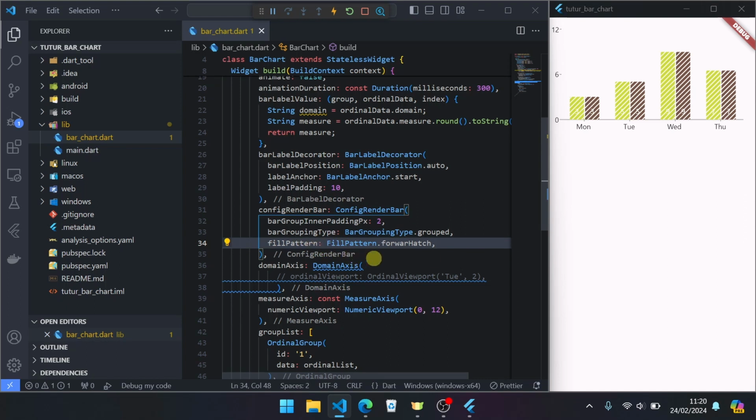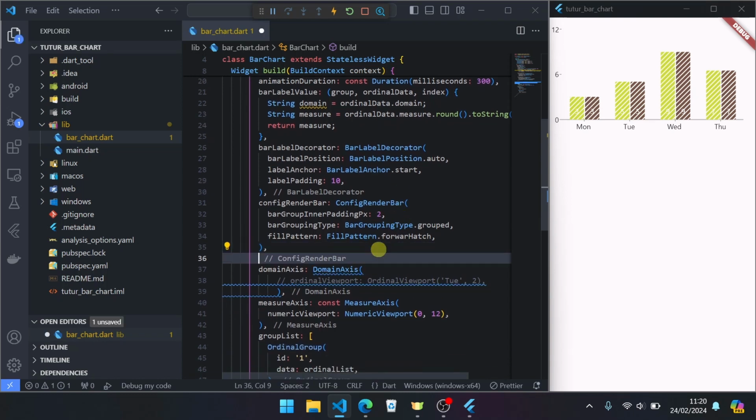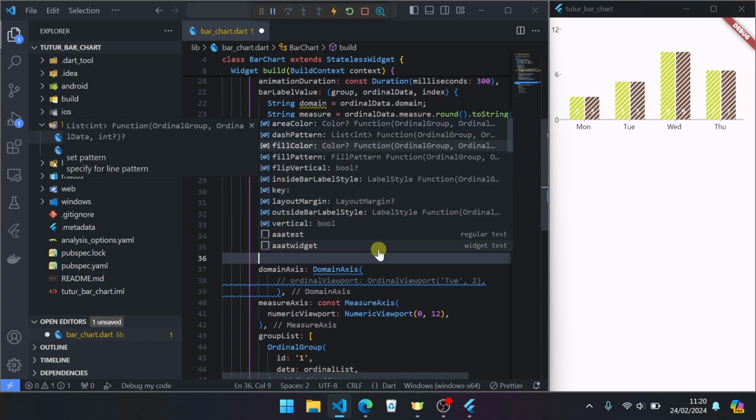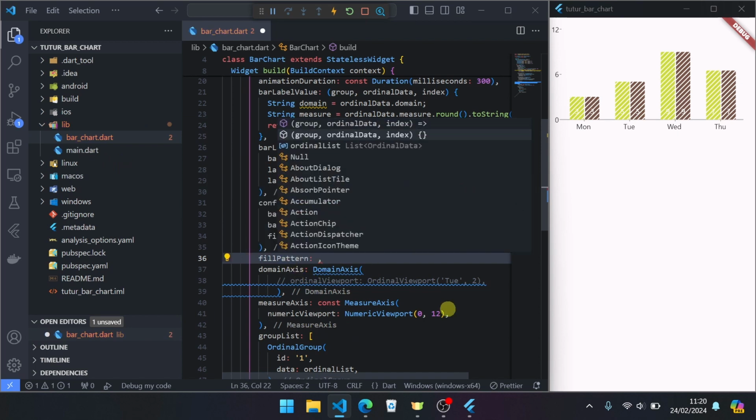For fill pattern, there are options you can use for custom position or custom item. Outside config render bar, inside the chart bar property here, there are fill pattern, but here fill pattern is for custom.